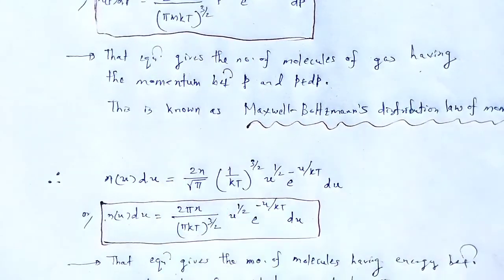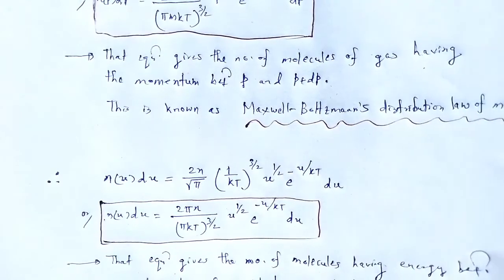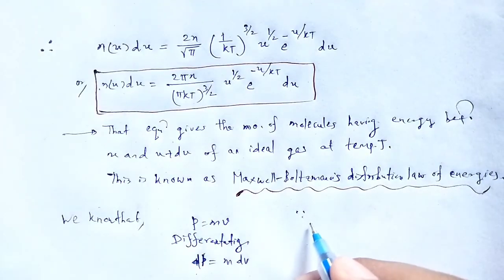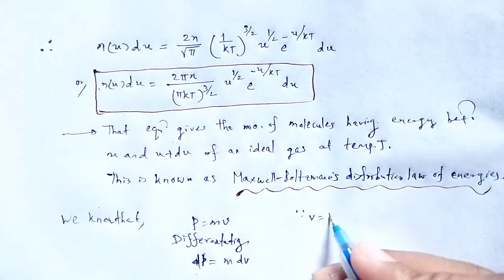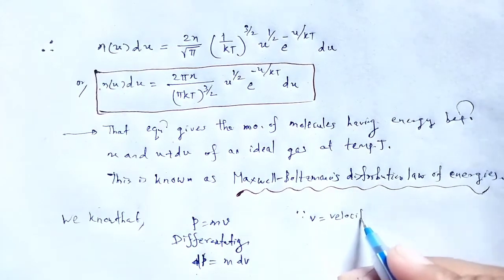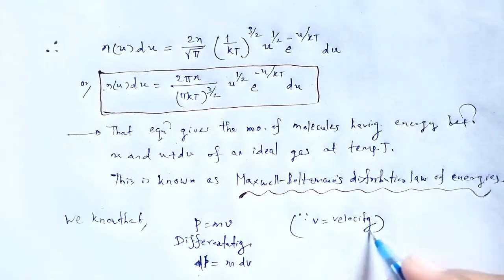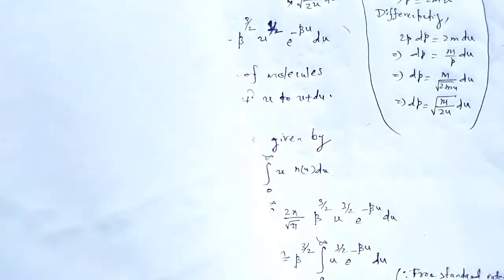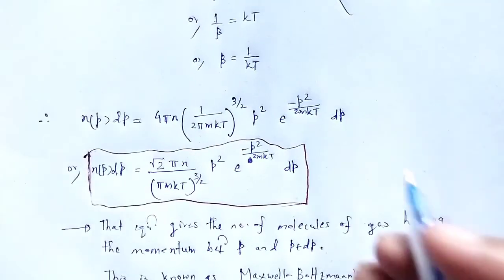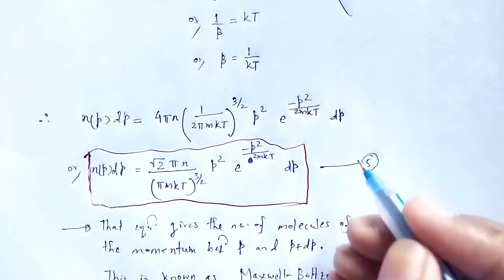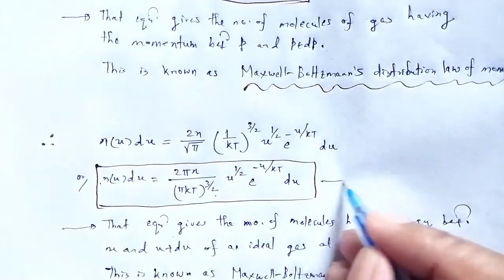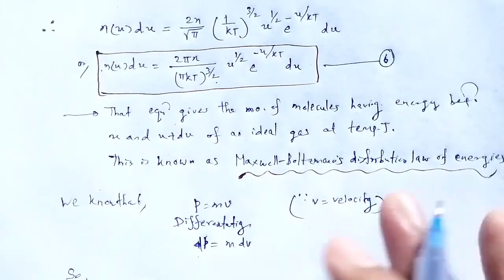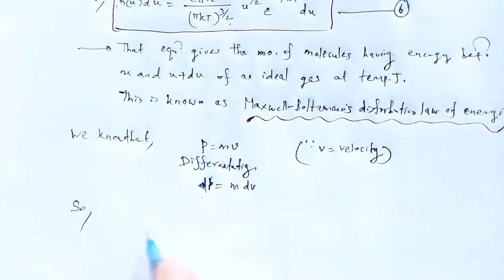Let me take that equation as equation number 5, and that one as equation number 6. So equation 5 becomes,